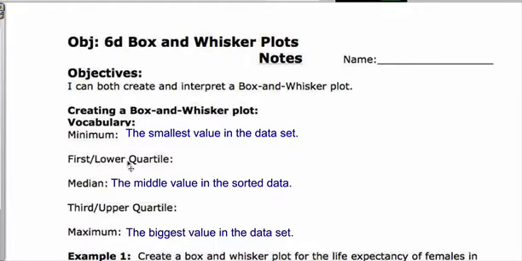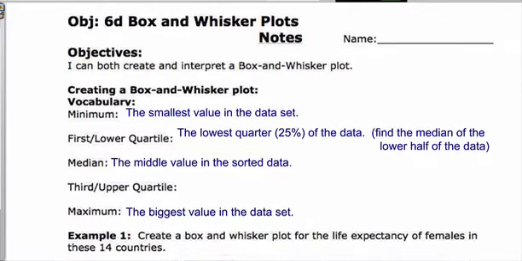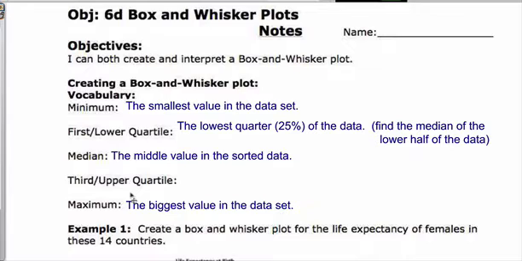So what is the first, or sometimes called the lower quartile, and the third, or the upper quartile? The lower quartile is the lower quarter, so 25% of the data. And the way we're going to find this, we're going to have to actually find the LQ, is we're going to find the median of the lower half of the data. So we're going to find the median of all the data, and then we're going to find the median of the lower half. All right, if the first, lower quartile is the lowest quarter, then the third or upper quartile,